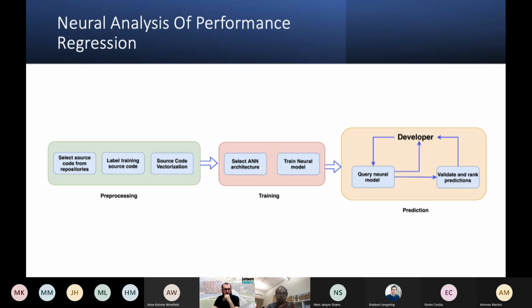And then once we have this labeled data and the vector representation of the source code, we give this to different kinds of artificial neural network architectures to learn different kinds of parameters of the model that will control the behavior of the artificial neural network to learn the prediction functions. And once it can learn, then we can use the test data to predict